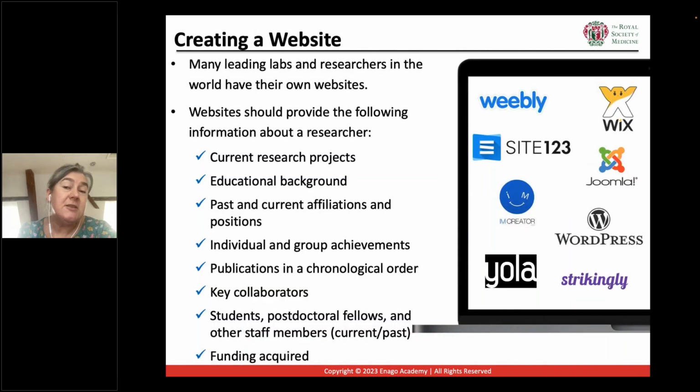So you could consider creating a personal website, which shows your research interests and links to your articles. Really important to optimize it for Google search, as that's probably the way that people would find you. And here we've got a list of some of the logos of some of the companies, which again you can think about using. So a personal website would again give you even more freedom than a professional blogging platform would.